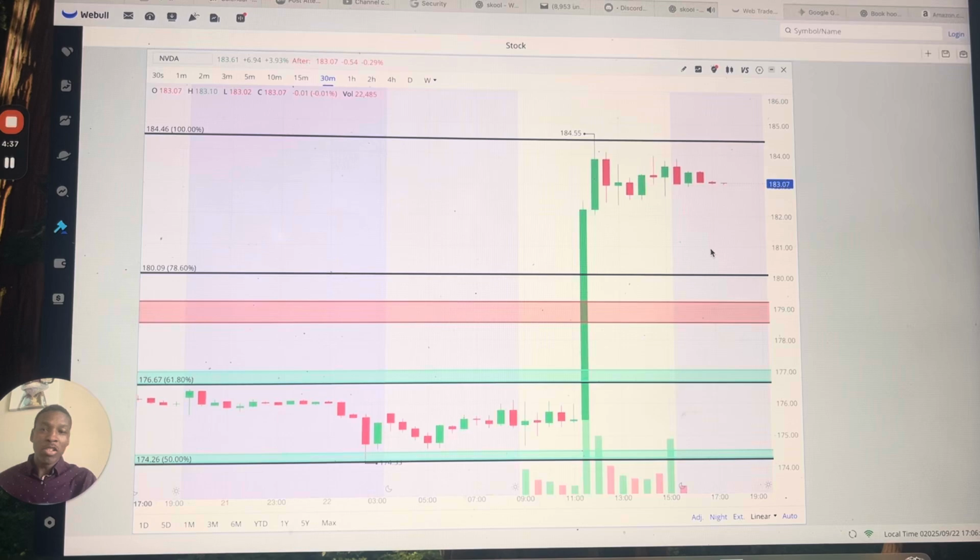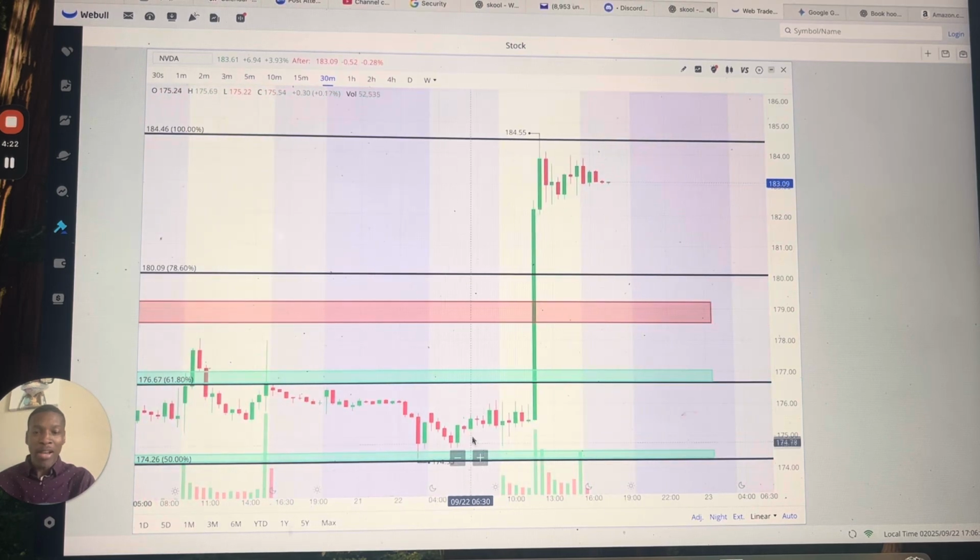And so when we jump into the charts, I got NVIDIA here. The ticker is NVDA. And as you can see, we had a nice green, this is pretty abnormal, I must admit, green candle today. But I want to show you why and how I got those levels and why we were able to capitalize